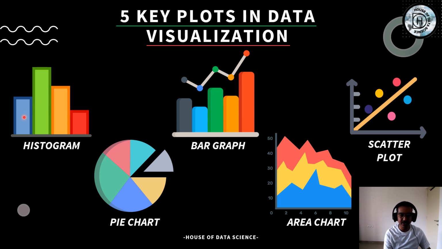Now, five key plots. We have histograms, bar graph, scatter plot, area chart, and pie chart. These are the basic graphs which we use. Just see these pictures and we'll go through details of each one of them. We'll also see the code of how to build these graphs. As I said, it is always present in the backend in the library. You just need to call a function, input the data, and you'll get these beautiful graphs and